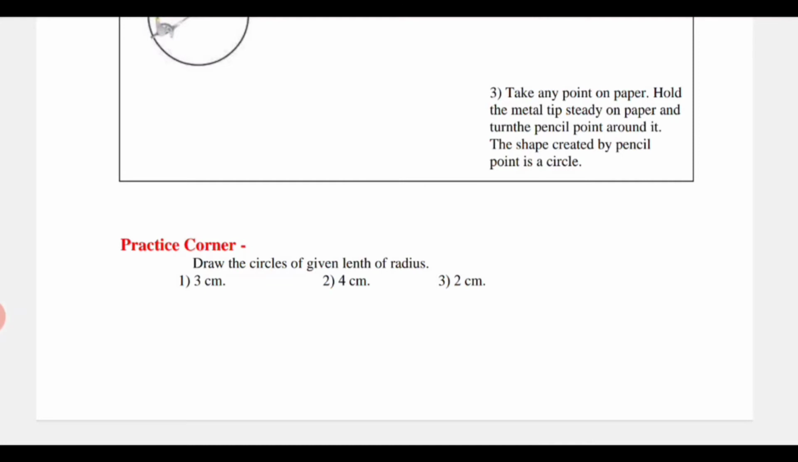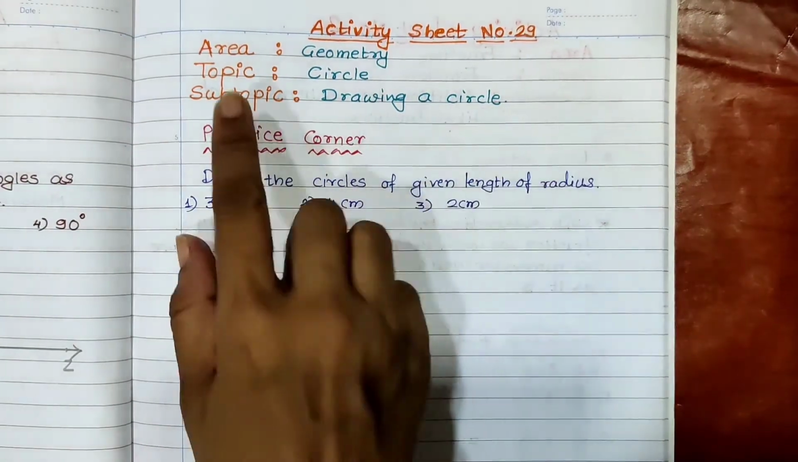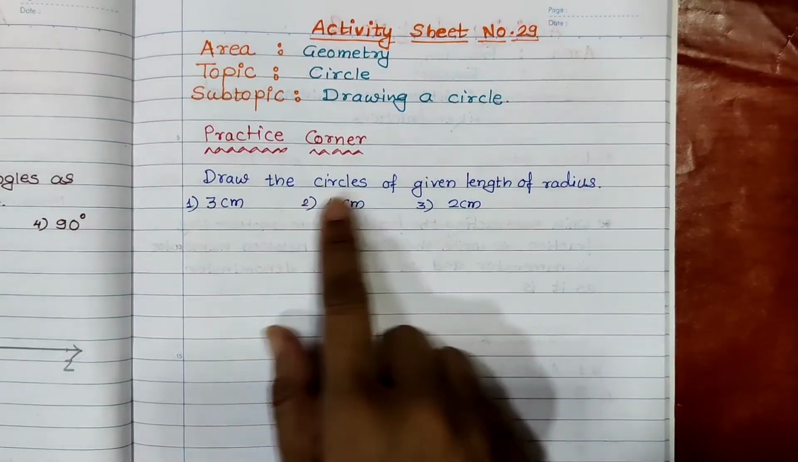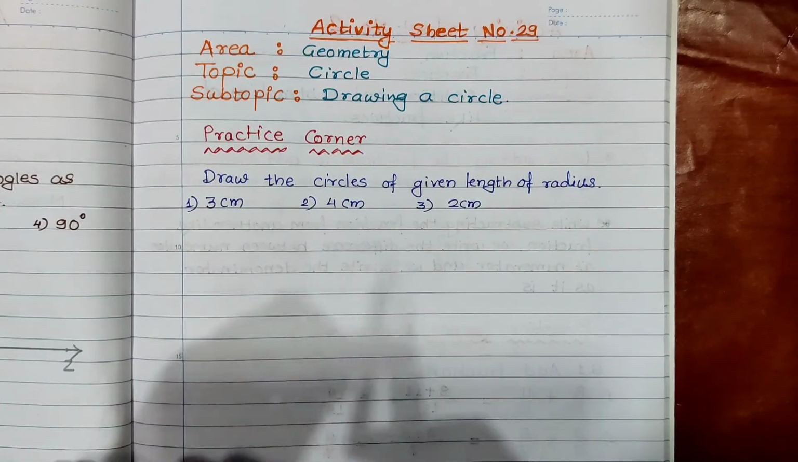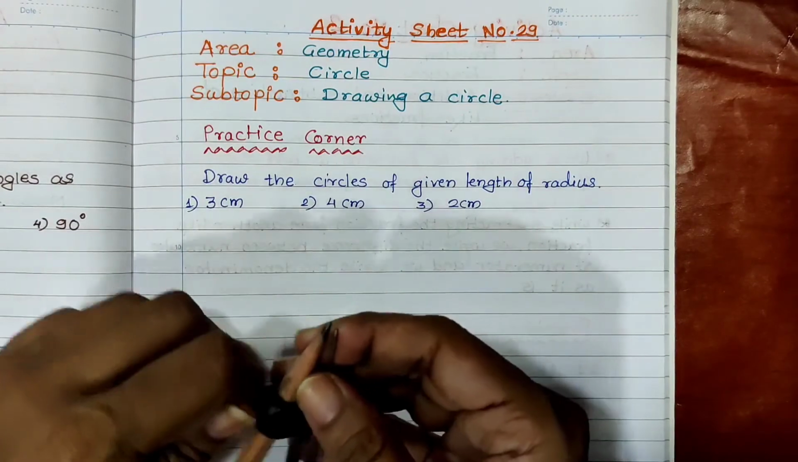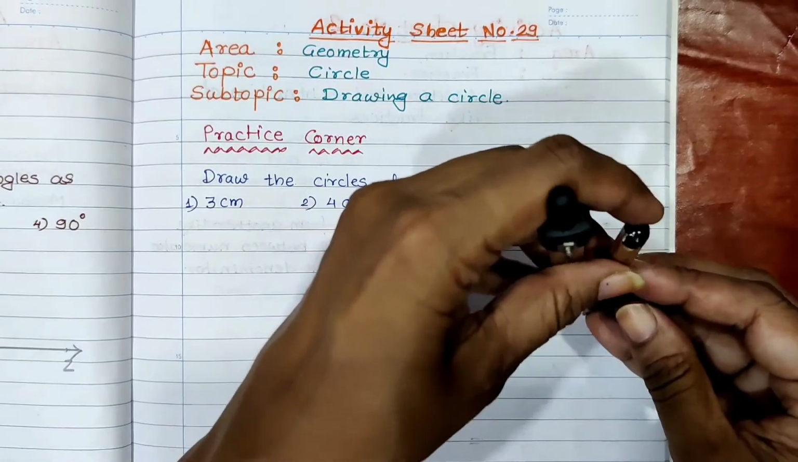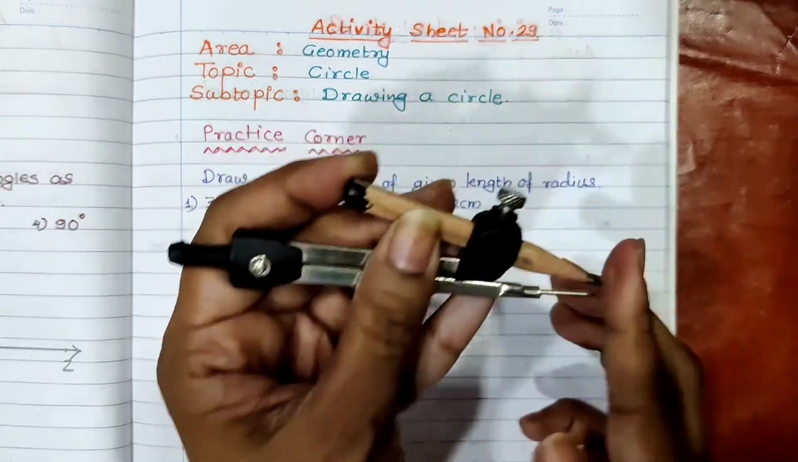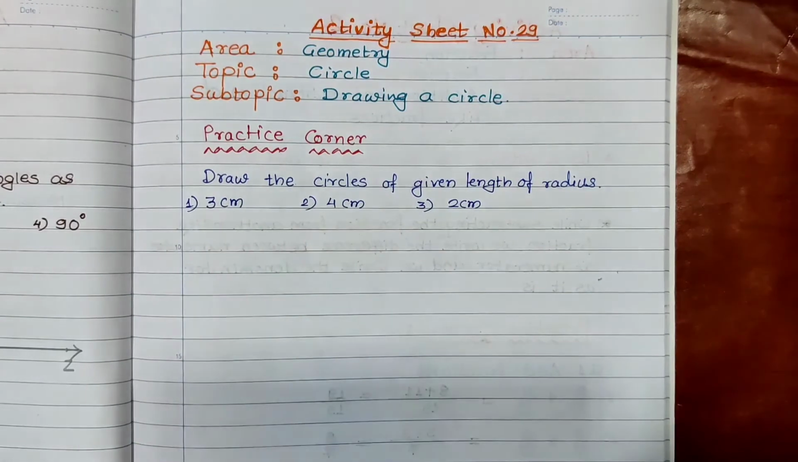So let us go to the notebook. Activity sheet number 29, area is geometry, topic is circle, subtopic is drawing a circle. So draw the circle of given length of radius 3 cm, 4 cm and 2 cm. That means what? We have to use our compass carefully. Put this pencil, fix it properly. So the level of the pencil should match with this pointed tip, and then take the distance of 3 cm